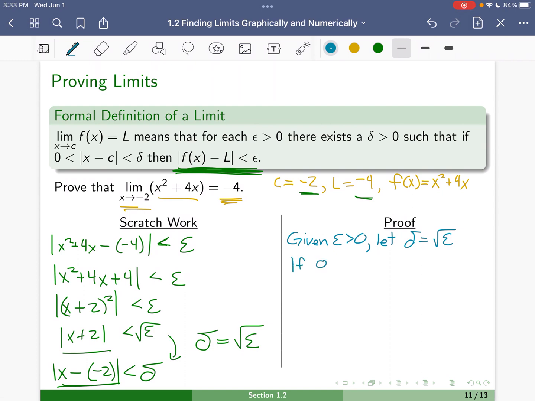If 0 is less than the absolute value of x plus 2 is less than delta, which is the square root of epsilon, then the absolute value of x plus 2 is less than the square root of epsilon, which implies that